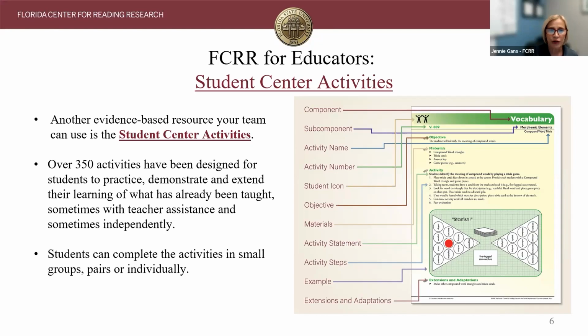So the lower the number, the easier, or more simple, the skill is for the students to master. As it gets higher, like V040, that is a much higher level skill that the students would be working on. That's just a little tidbit of information that you may not have known. And if you didn't, I hope you did learn something there.